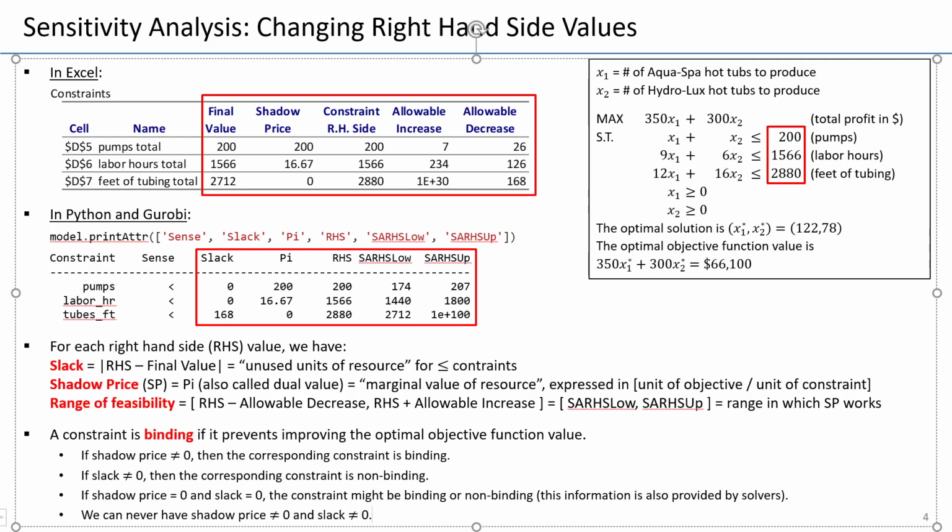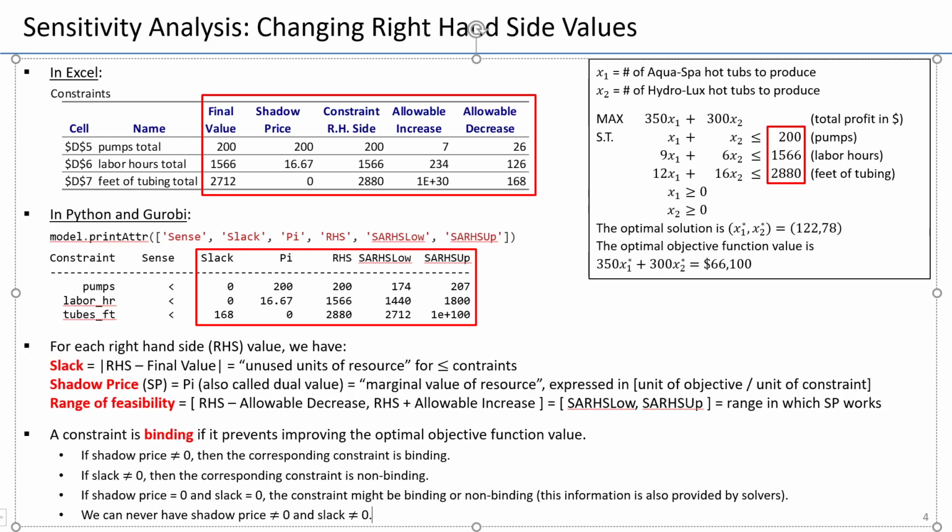And notice we can never have shadow price non-zero and slack non-zero at the same time, because that would mean a resource is not used, but it is actually valuable for improving the objective. So it would be a contradiction, right? Okay, so the questions that you can answer using the sensitivity report, the second part relating